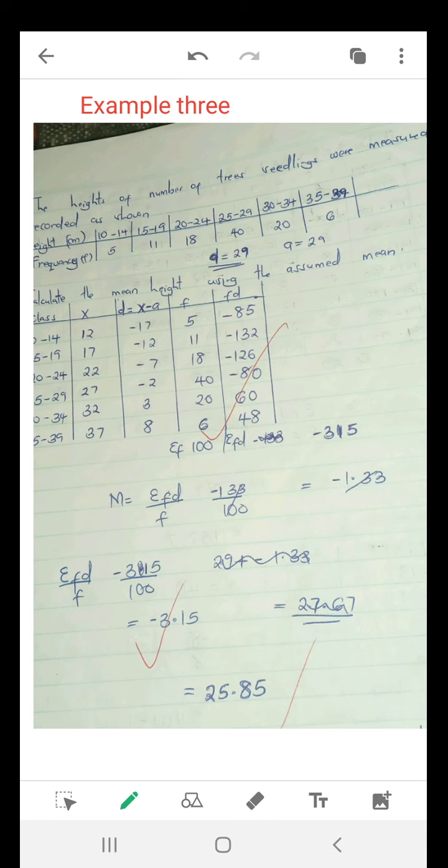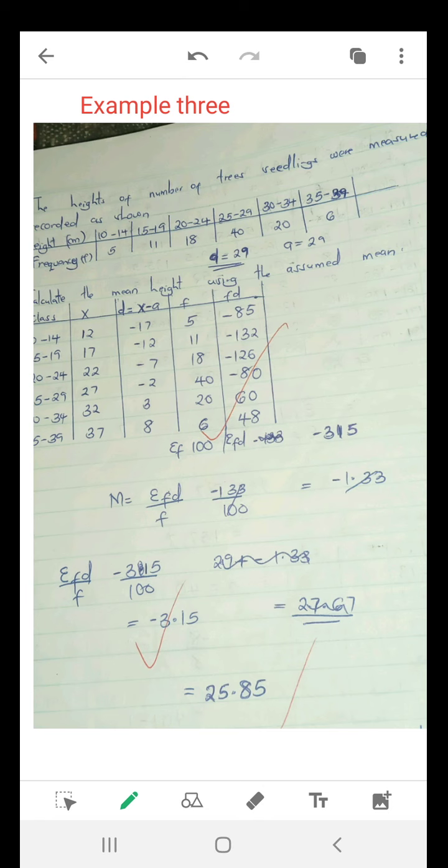So if we are dealing with this type of data, remember you don't have x, you don't have one value. Remember, in the formula you have to get the x, then get the deviation by taking x minus the assumed mean, then get the